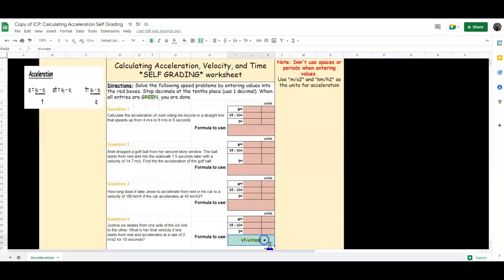Okay, again, they're little quirks, and for this particular assignment, it says here that you're going to stop at the tenths place, meaning you only need one number after the decimal. So make sure that you have your proper units. When you are doing anything where it's acceleration, which is meters per second squared, or a time of any kind, so kilometers per hour squared, and there is no square button, so you're just putting 2, so it looks like this. Again, it tells you right here exactly how to ensure that you have your entire sheet green. If you have any questions, please make sure you reach